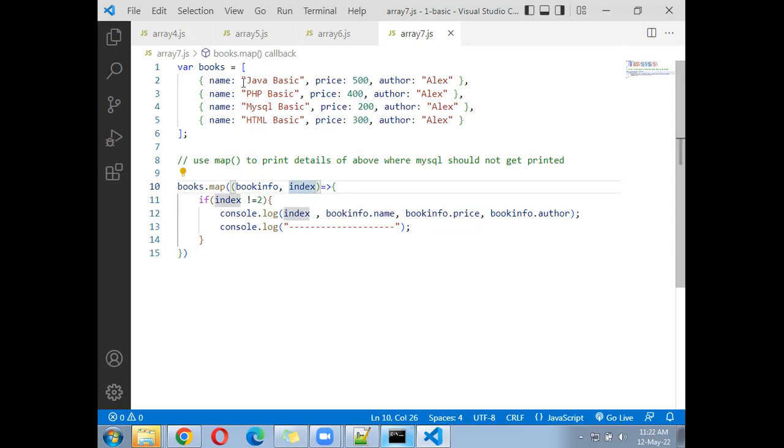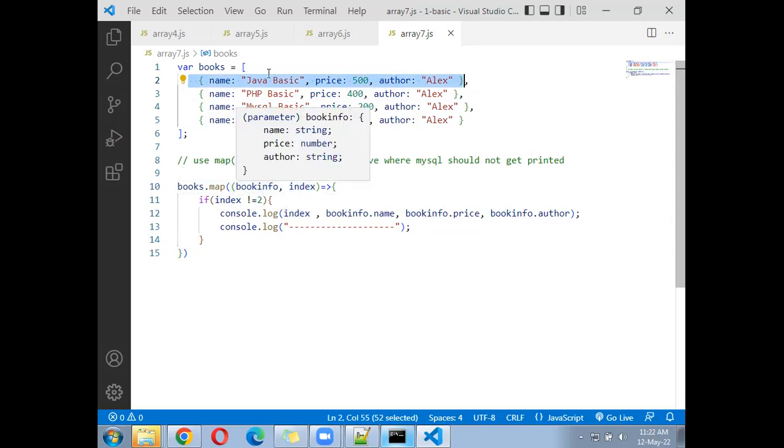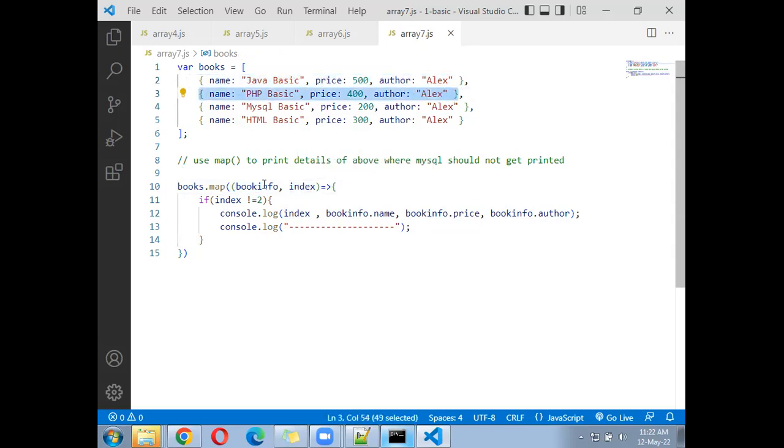So these all will go to the book info and their position will go to the index. Second loop, complete PHP details will go to the book info and their position will go to the index. Now based on the position you apply a condition here, like if index not equal to 2 then only